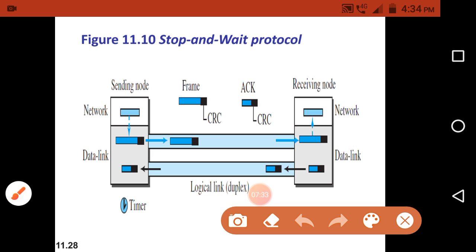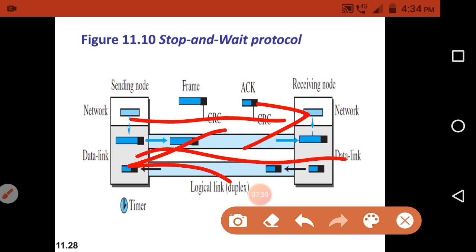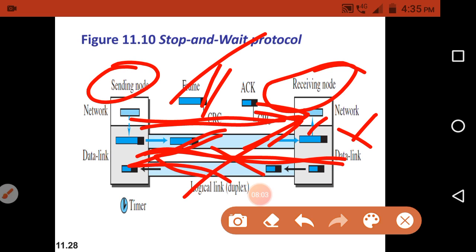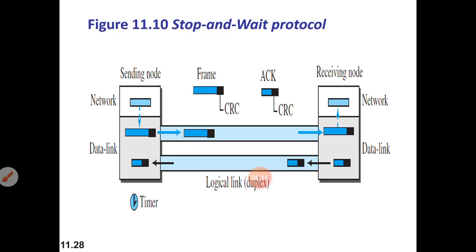Generally what happens: the sender node sends the frame and waits for the acknowledgement. The sent frame contains the CRC code also. Based on that CRC code, the receiver node will verify the data frame. If it is a correct one, then the acknowledgement will be sent to the sender node. If the CRC code is incorrect, then it will not send any acknowledgement to the sending node. Then the sending node again resends that same frame to the receiving node. At the time of sending each frame, the timer will start. So this is the stop and wait protocol.